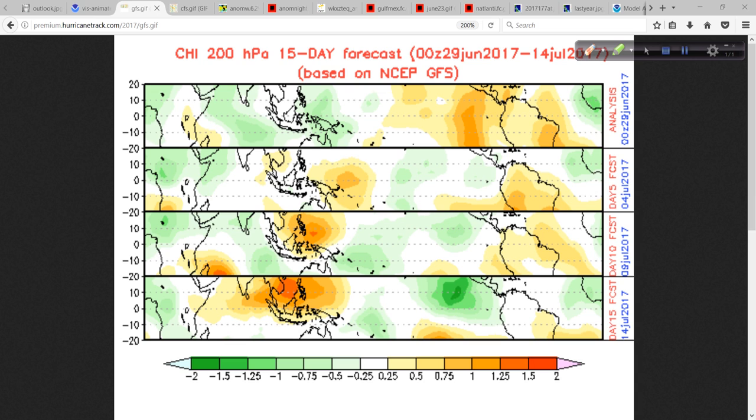The peak of the season graph. You remember, you've seen it before, where it shows the rise up to September 10th and then the drop off. And I'm going to show you in there, if you look at it, we'll zoom in on it, that in July there's a few days that look almost as inactive as parts of May or June, believe it or not. And the reason for that, and this is to my point, is you get these giant dust outbreaks